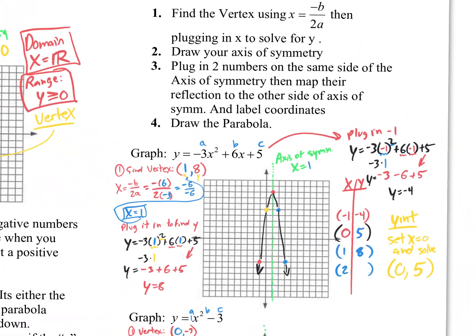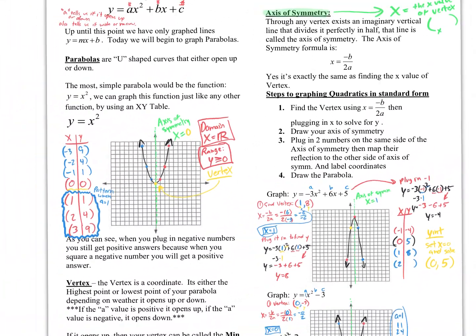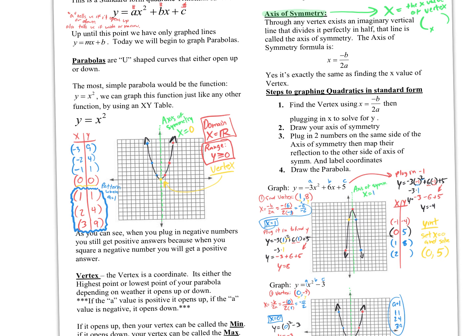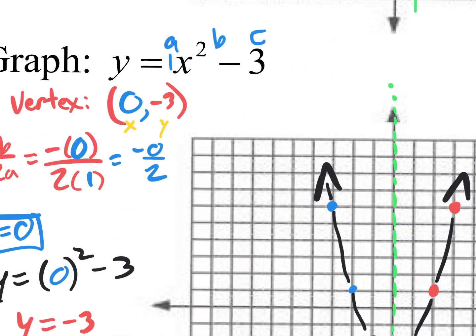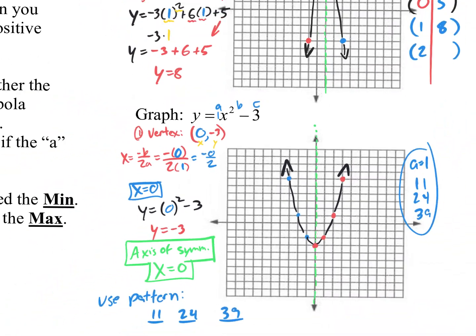But I guess I've covered what I wanted to cover. Yesterday, I forgot to talk about domain and range, and we also forgot to talk about y-intercept. Y-intercept comes in handy. All you got to do is set x equal to 0, which is super easy, especially when they're standard form quadratics, because when you plug in 0 for x, your answer is going to be the c value. So I know my y-intercept is going to be (0, -3). Okay. Anyway,